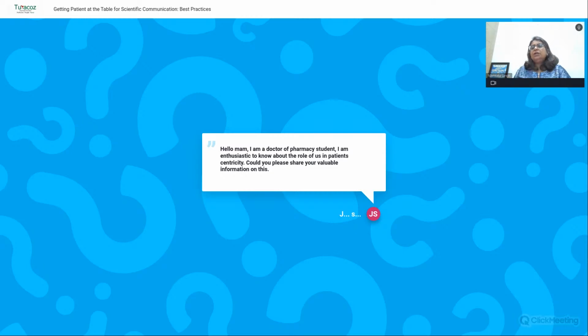So, doctor or pharmacy student. Yes, for a pharmacist, if you are in a role where you are dispensing medicine, or maybe part of a hospital where the treatment is being given to a patient, then patient education is key: educating the patient on how to take the medicine, how to take the treatment, what side effects might be there, what can happen. So pharmacists have a whole lot of role to play here.